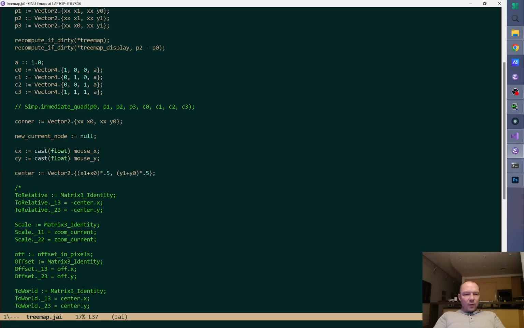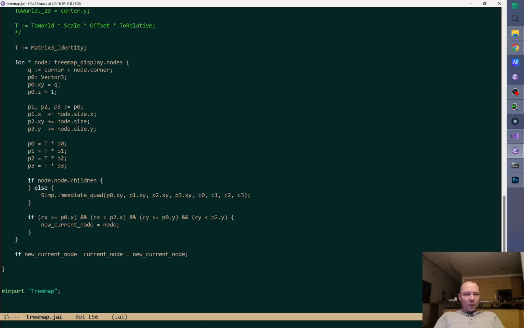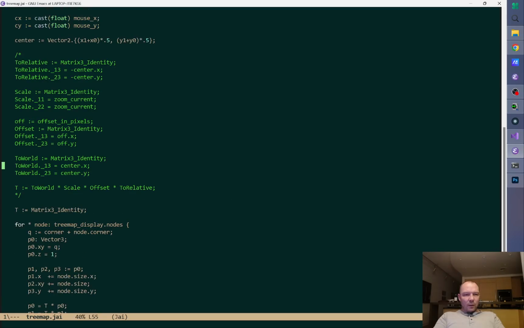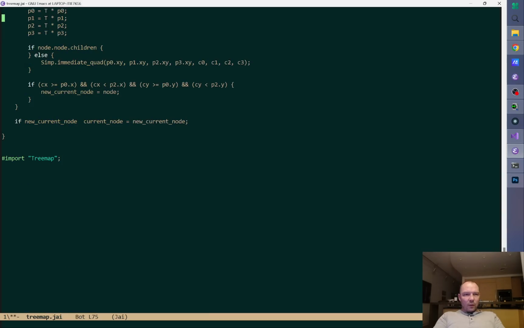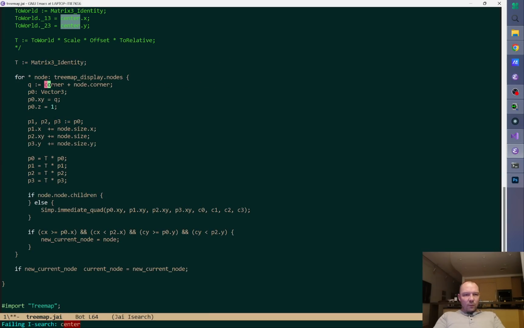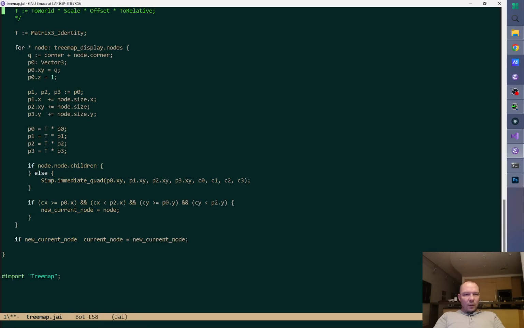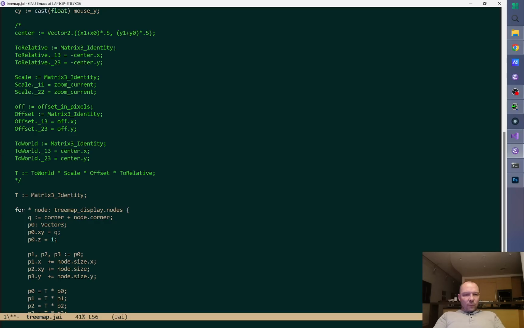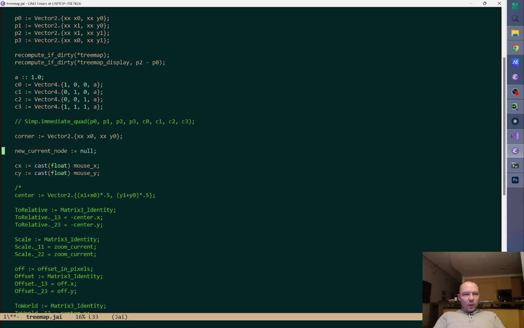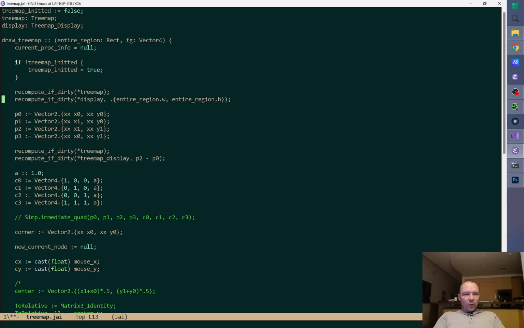We need the center. Well, we don't need the center yet, right? Nobody uses that. We do need the corner. So the corner is going to be